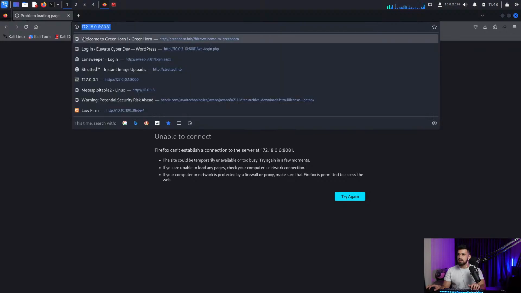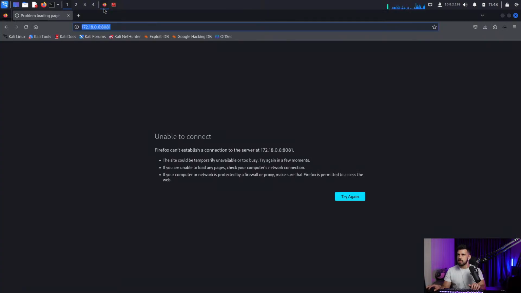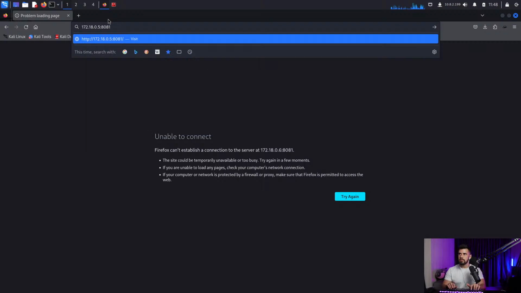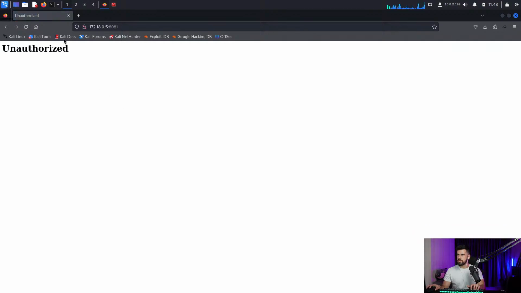Yeah. What did we put here? 1805. Oh, 05. Okay. Admin, Winston. Let's see. Okay, that is not the credentials for that. We want to look around a little more. Let's just scan like the top...